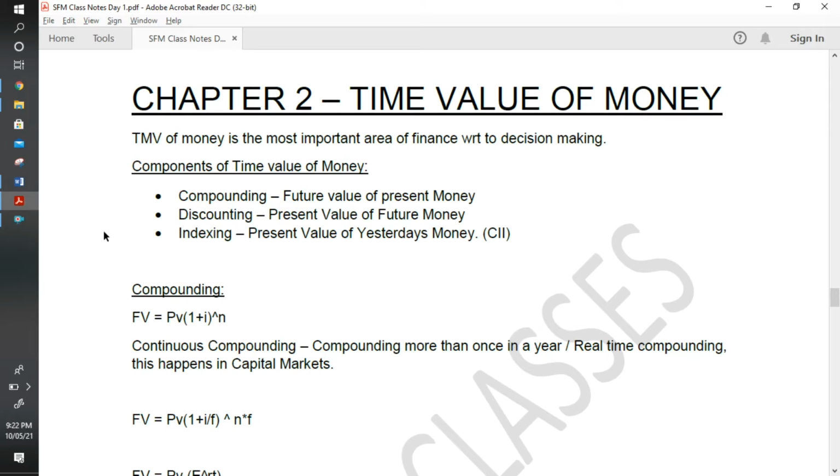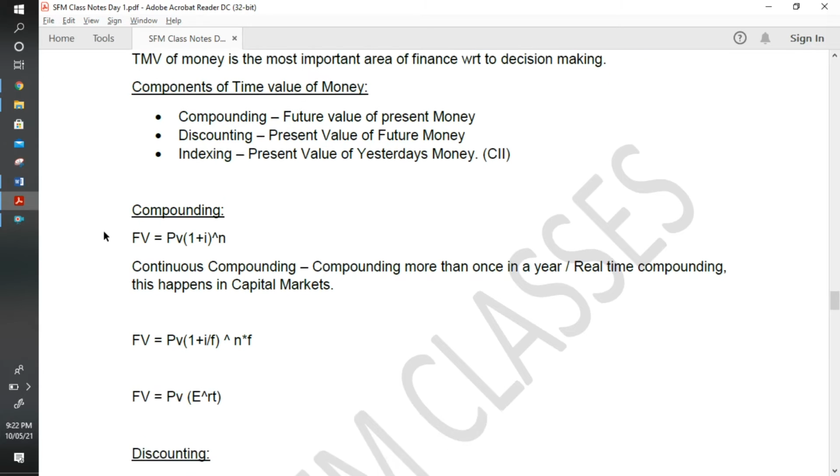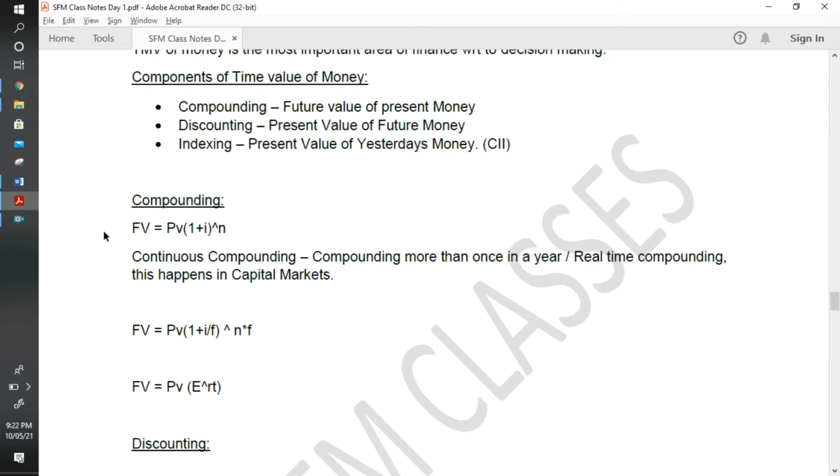Let's take, for example, Mr. A. He has got 10,000 rupees and he invested in an FD with 6% interest, which is compounded annually. So, what would be the return on investment after 3 years? A layman calculates in this way: 10,000 rupees into 6% into 3, which gives him 1,800 as the return on investment. But it's not how it's calculated, because the interest, which is the income on investment, is being compounded annually. So now we need to calculate the return on investment.